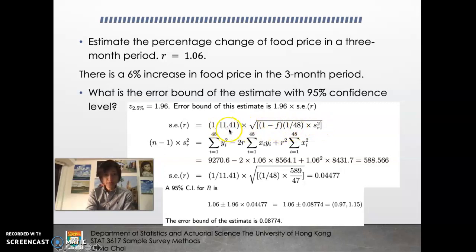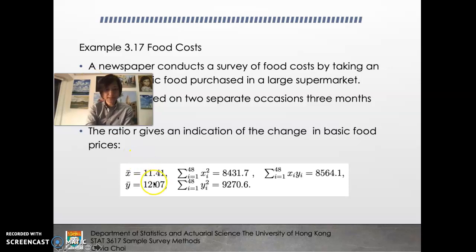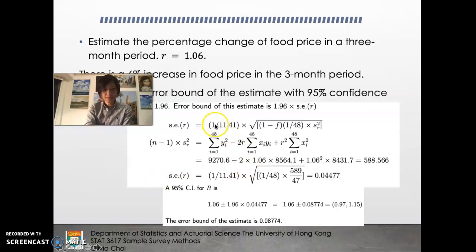X bar, we are not given for the population, so we use our sample x bar to estimate it. So that becomes 1 over 11.41. Finite population correction factor, we don't have the total population size capital N, so we assume that it's very large. So we ignore that, it equals 1. And S R squared over n. S R squared could be defined as